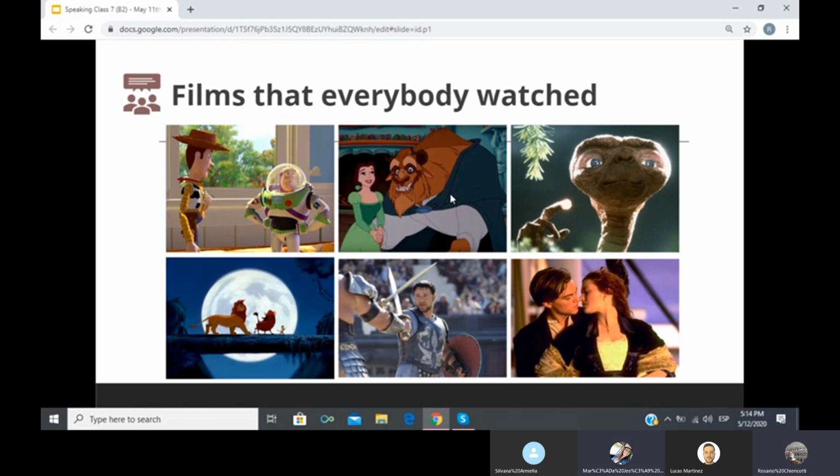Okay, so we skipped Beauty and the Beast, but does someone remember a good scene, or do you have a favorite scene of this film? Of the Beauty and the Beast. Ah, La Bella y la Bestia. Yes. Who can describe a scene that you like from this film? I like when the beast was dying, and the beauty started to cry,